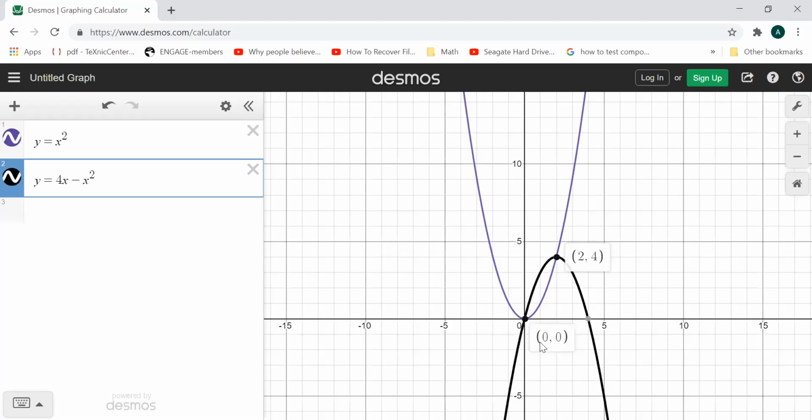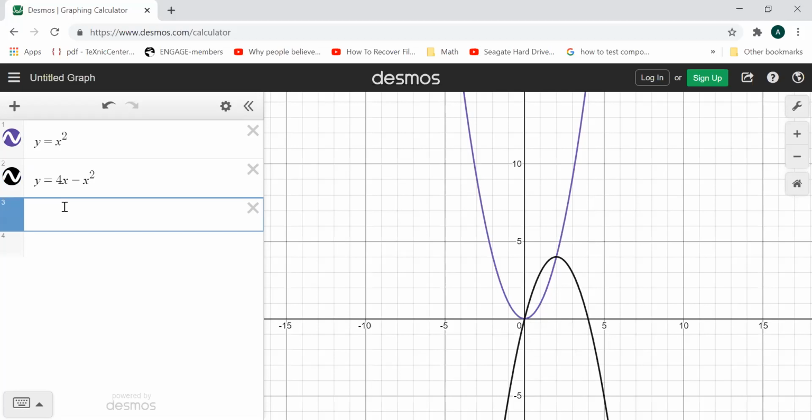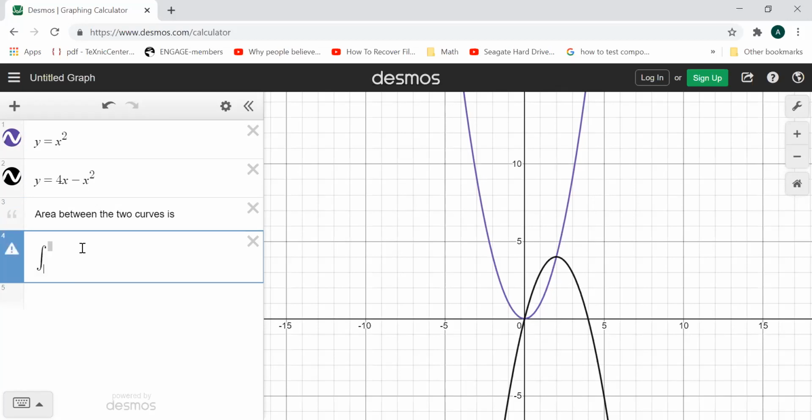So what am I looking at, folks? I'm looking at the x components of these, right? That on the x-axis, because the integral is dx. Remember that. So what we're going to say here, the calculation, let's write down so people can see that written. The area between the two curves is, and I'm going to write down here an integral